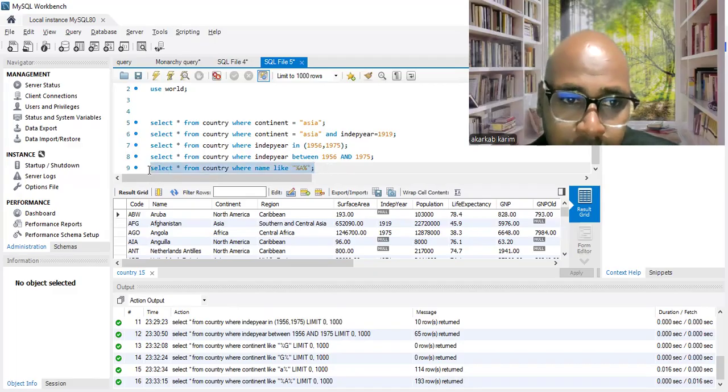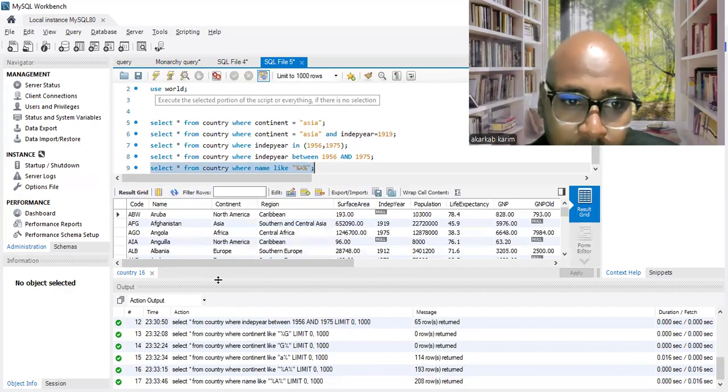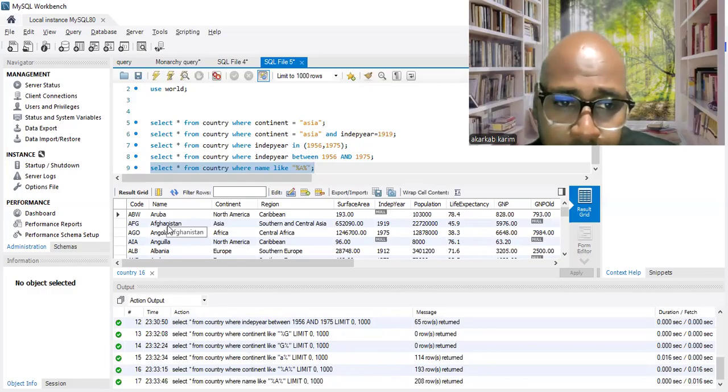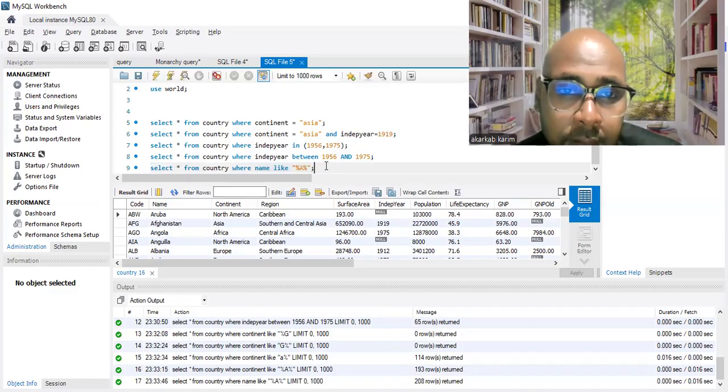So these are all the countries containing the letter A, which can be in the middle or in the beginning of the name of the country. Okay. So for where conditions, we can also use them with a query at the advanced level, which I will discuss in the next tutorials.